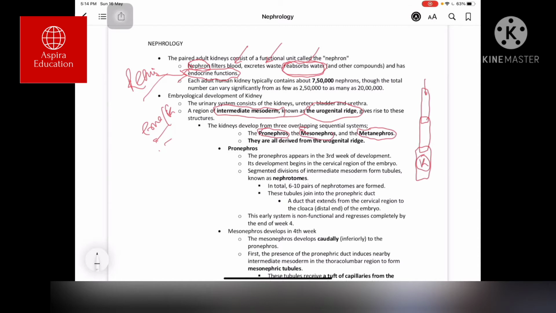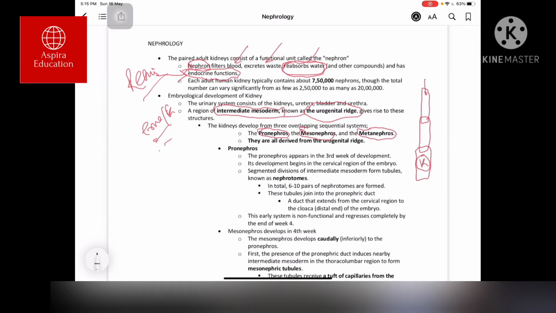They are not separate, they overlap. One gives the baton to the other so as to follow the evolutionary process. Whatever is not required is redundant, it is left behind. Whatever is important is taken forward, hence the overlap. So some part of the previous generation will persist and you can identify them. Hence those identifications are also important. They are all derived from the urogenital ridge.